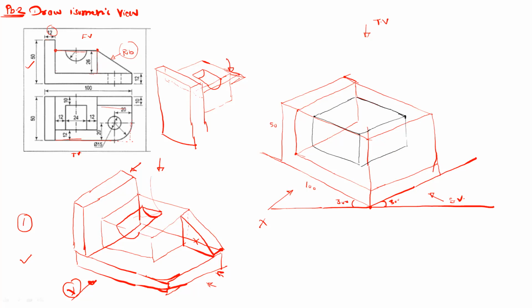Okay, and then from this point, take this as 12 mm. We want to draw the rib portion, sorry, 10 mm. Okay, and join this point with this point. Okay, so in this way you can draw the rib feature. Now the remaining part is we should draw this curve portion, that is a fillet, again this circle.